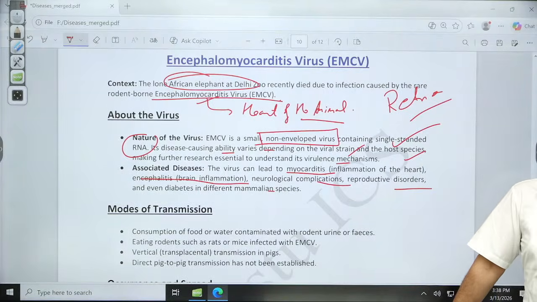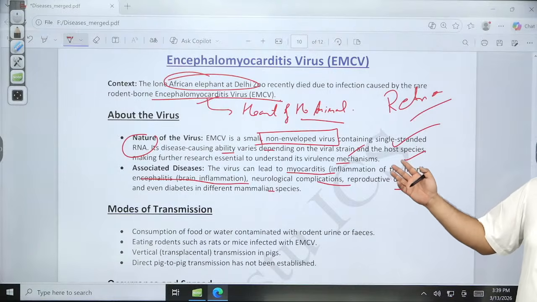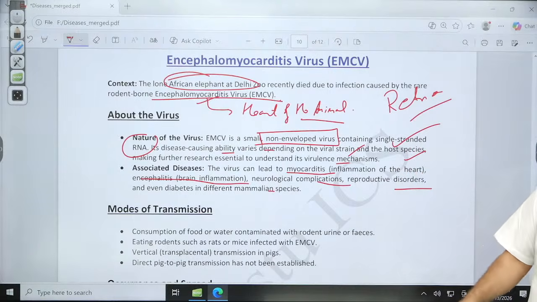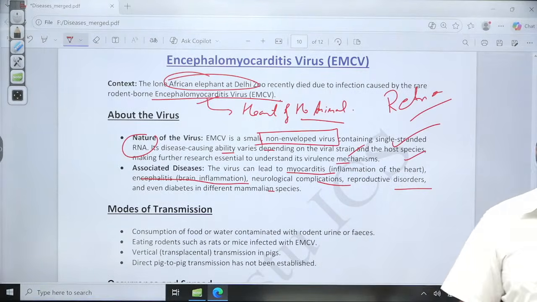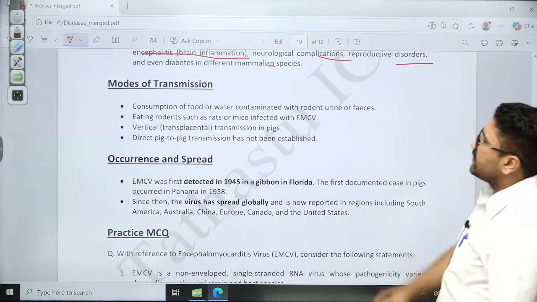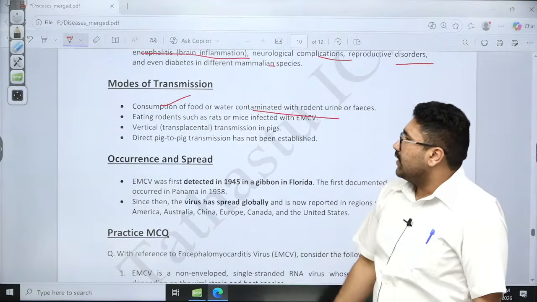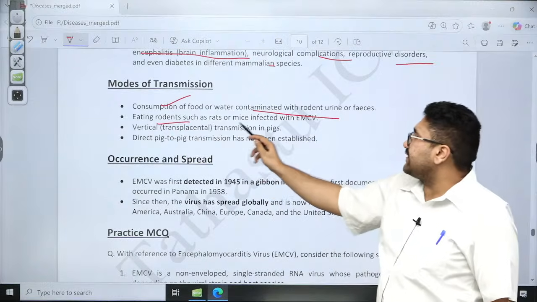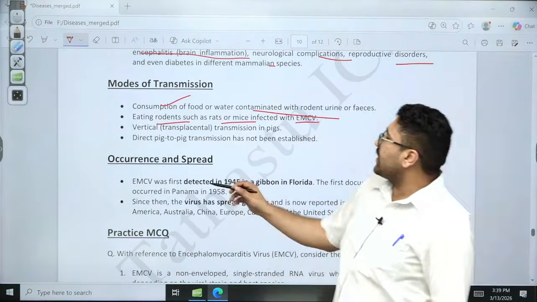So if any animal has been found to be infected by such a disease, then other diseases can also occur; it can have an impact on the heart, it can have an impact on the brain. Next is about how it is transmitted. It is transmitted by consumption of food and water contaminated with rodent urine, by eating rodents such as rats and mice which are already infected, and by vertical